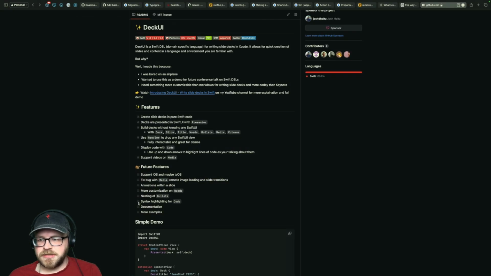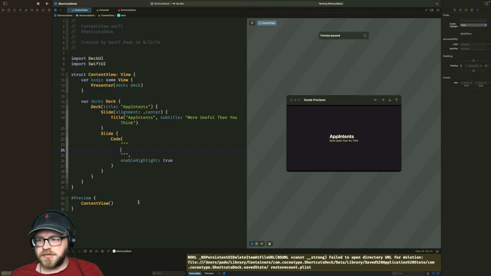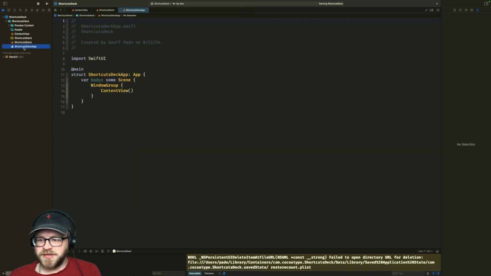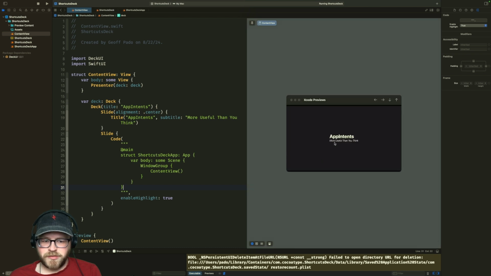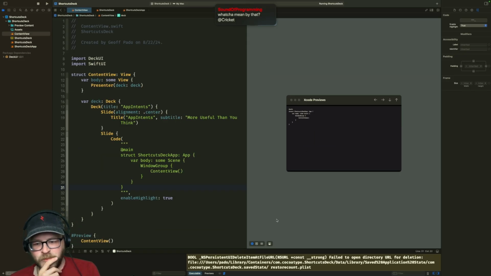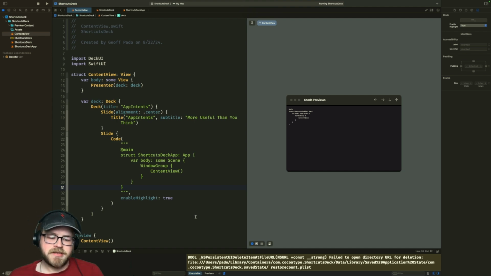All right, let's go grab some SwiftUI code. Well, I mean, we have SwiftUI code right here. We're just gonna grab that right there. So you're gonna put that in there. Okay. Now, how does this look when we render this slide? Yeah, see, no syntax highlighting. Boo. Okay. We're probably not gonna do this then. That's fine.